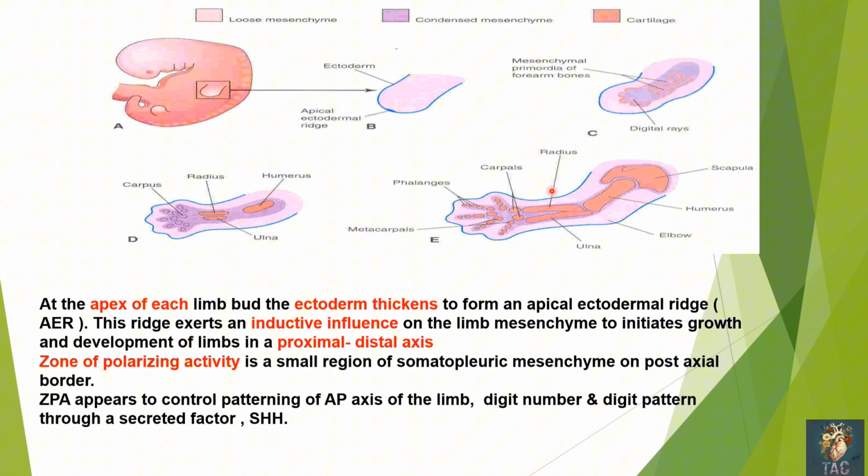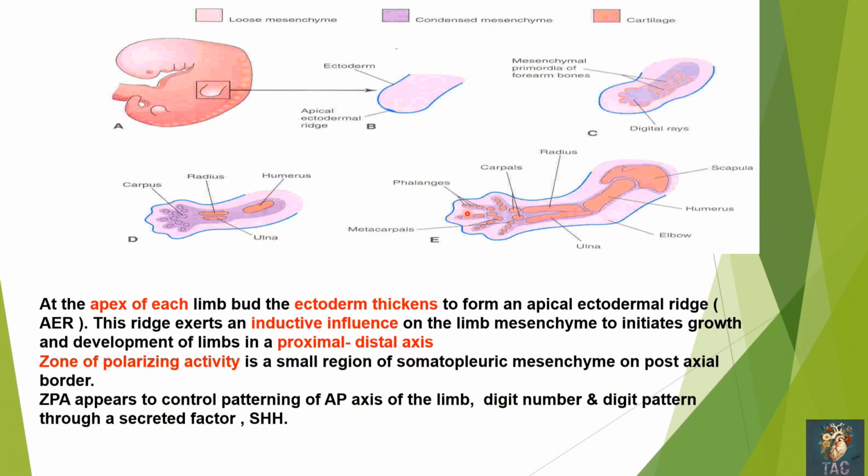So initially a constriction is present between the hand plate and the proximal part. Later on another constriction appears, and this will divide the area into the proximal arm area, which in the lower limb will form the femur, and in the upper limb will form the humerus. This area will form the radius and ulna in the upper limb, and in the lower limb will form the fibula and the tibia, and this area will form in the upper limb the carpals and metacarpals, and in the lower limb it will form the